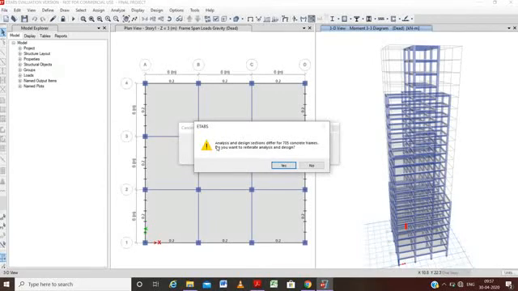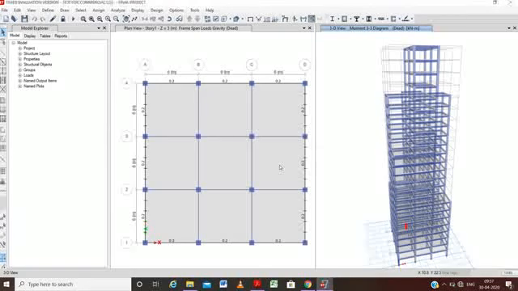So it is asking permission from me whether I want to reiterate this analysis and design so that all the members pass, and I will click on yes. So first of all, it will change all the sections to the higher section as given, and again run the analysis on this structure and again run the design on this structure.